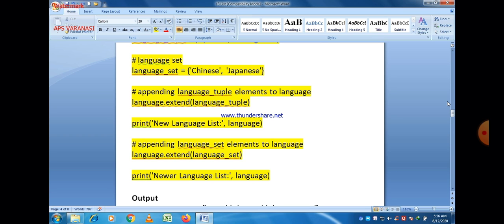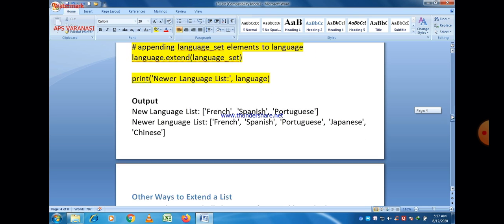You can easily see the output. So when you try to execute this program, after the execution of that program, the output is nothing but only the extension of the original list, that is language. So a tuple will be added, and after that all the elements of the tuple will be added, and all the elements of the set are also added. Can you guess what is the output now? Especially, what is the last statement of the output?